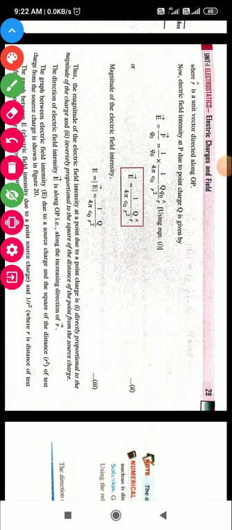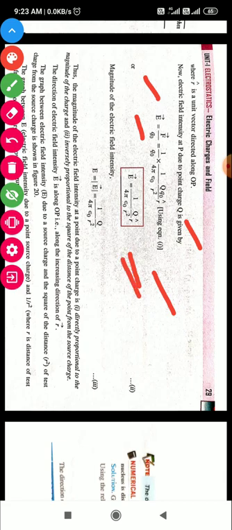Okay, so we have calculated the expression for force. Now we will calculate the expression for the electric field at point P due to a point charge. Electric field is defined as force per unit test charge. So Q naught will be cancelled, and the final electric field at P due to charge capital Q at a distance small r from the origin is equal to 1 upon 4 pi epsilon naught, Q upon R square, R cap. R cap is for the direction, so electric field is a vector quantity.